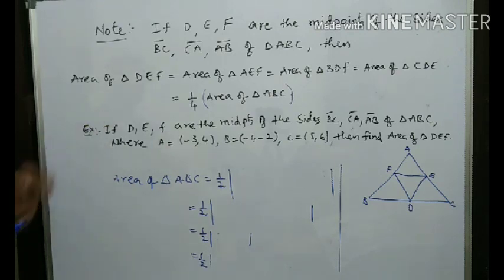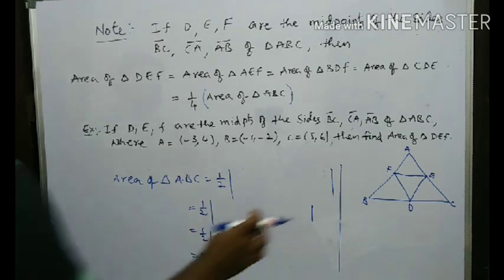Now coming to the question, D, E, F are midpoints of the sides BC, CA, AB of triangle ABC, where A is (-3, 4), B is (-1, -2) and C is (5, 6). Hence we need to find the area of triangle DEF. Actually, since we know the vertices, one method is, since we know B and C, we can